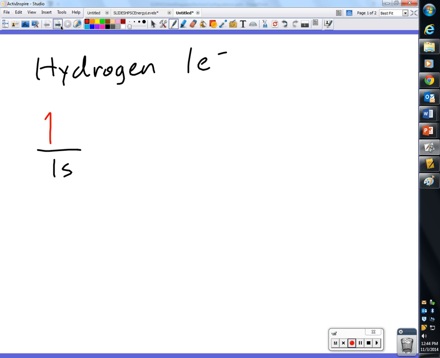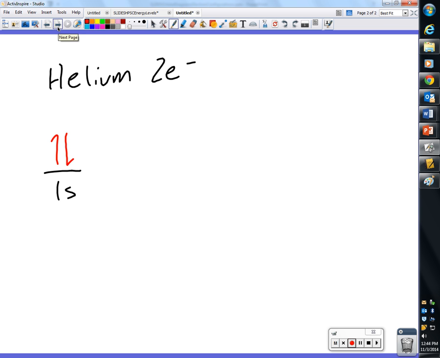So we got hydrogen, right? And then helium is going to look like this because that 1s orbital, the yellow sphere, can actually hold 2 electrons. And so that's representing those 2 electrons. So if there's more than 2 electrons,